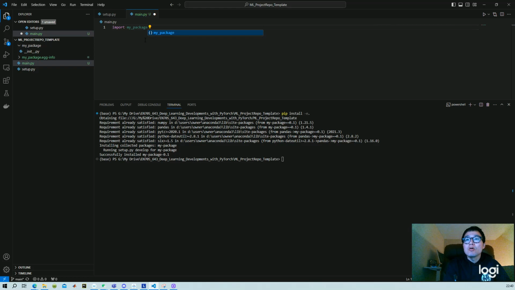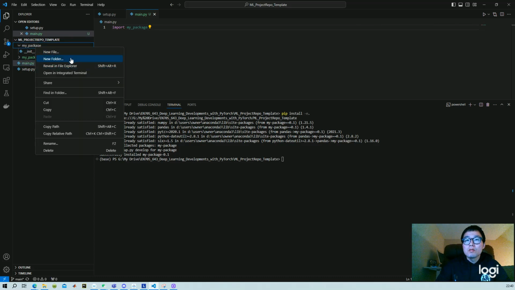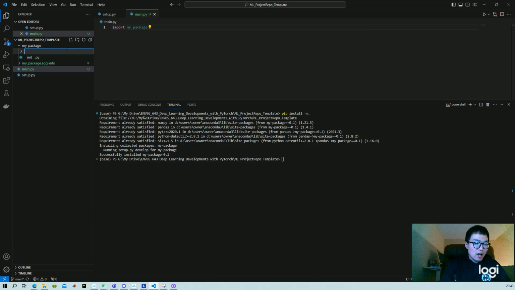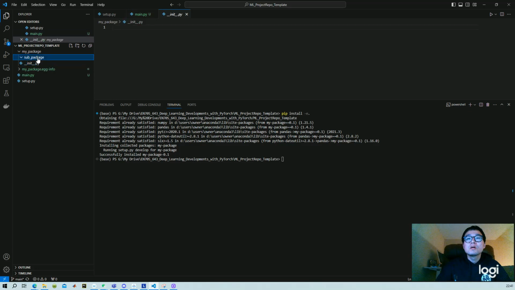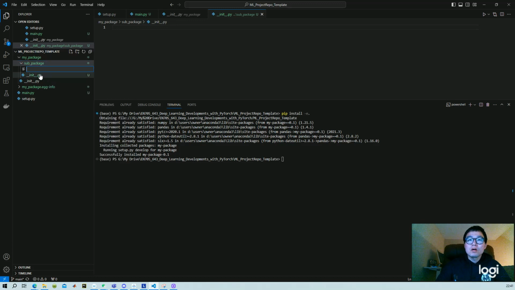So if you have more folders down here, for example, if I have my sub package, and then if I copy this init file and paste it inside, and then I could write something here as well. Let's say